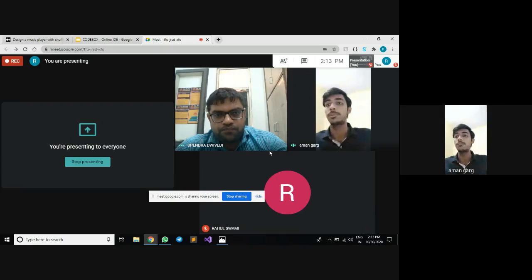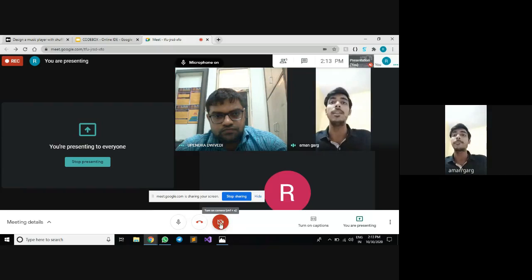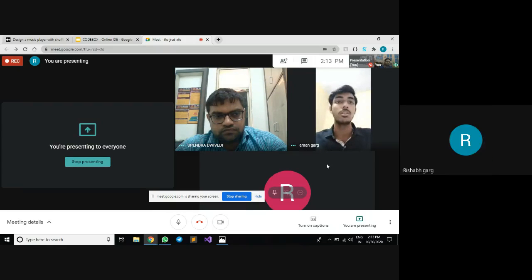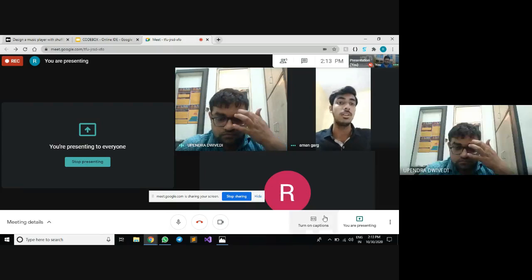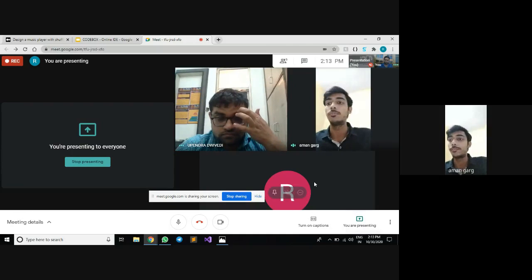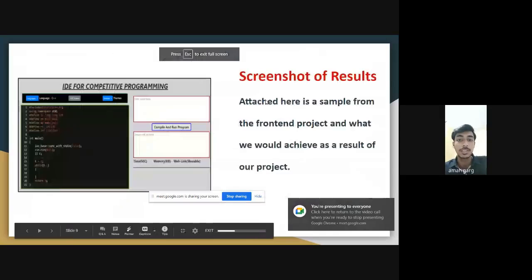In the presentation, we are showing you the screenshot of our IDE, which shows the front end part of our IDE. The sample screenshot of our IDE is attached.